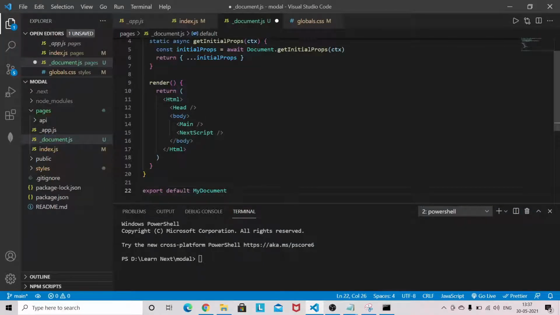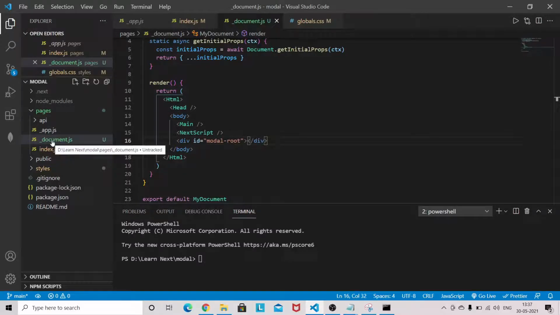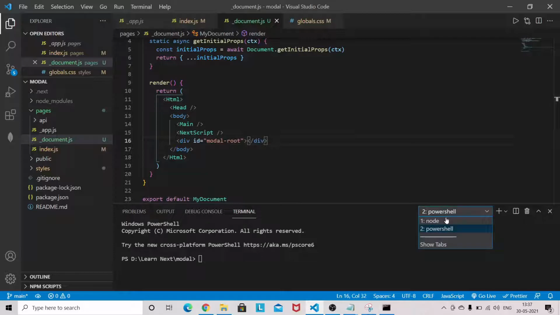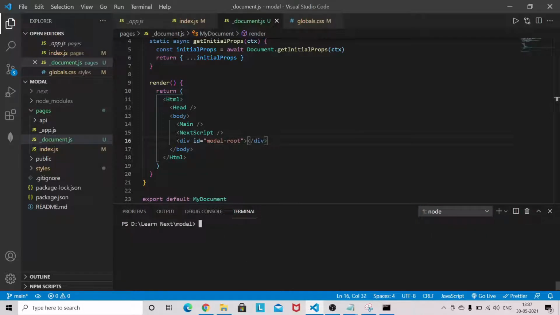Then add one div here and give the id modal-root. That's it. Since we have added the document file, we need to restart our server, so npm run dev.